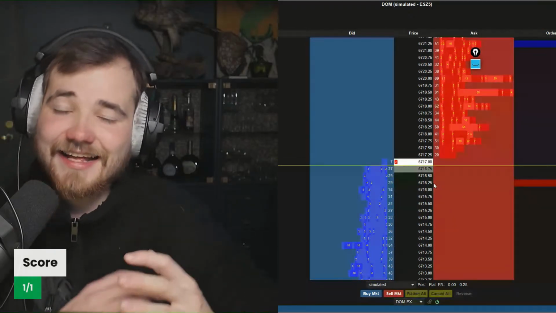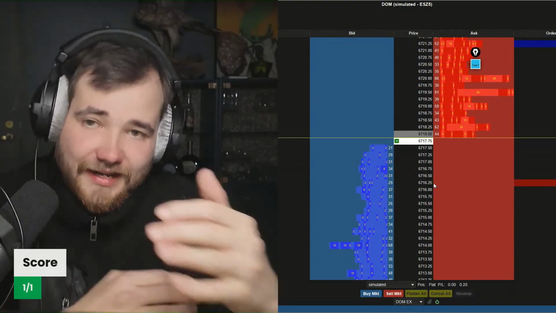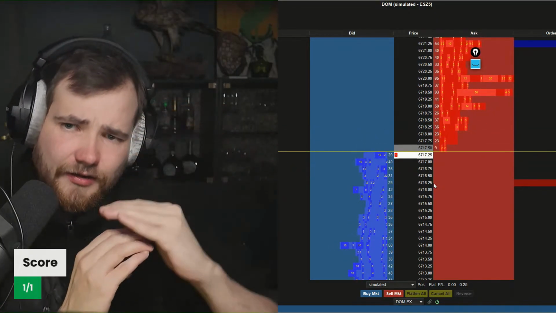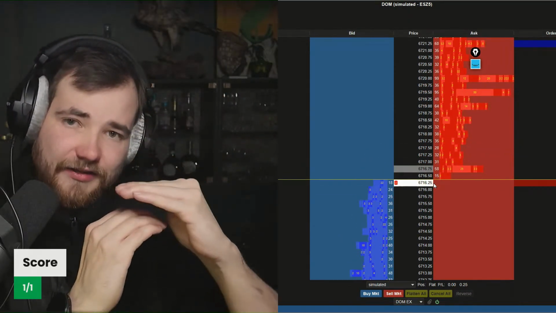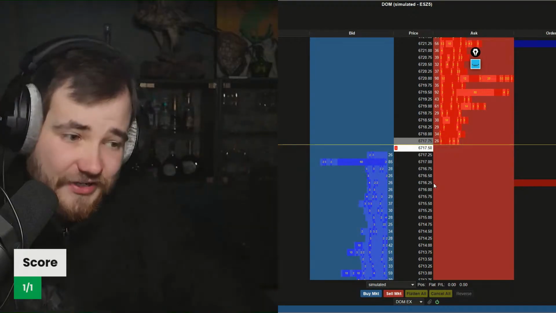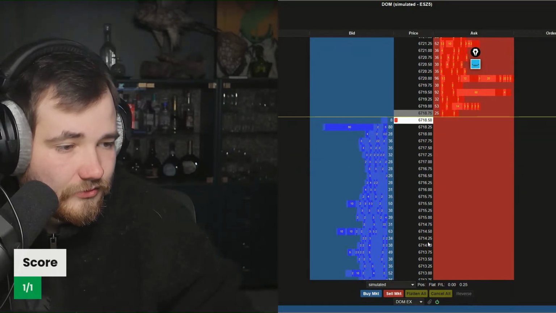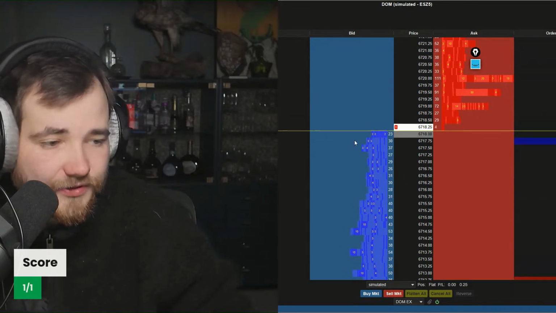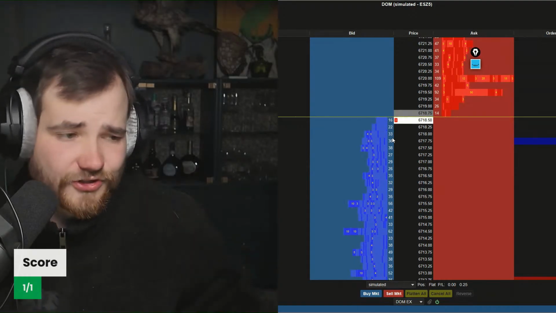You can see it's like that fight, the rope fight. Pulling back and forth, and then you can sometimes see a push and come back. And if the push goes and it comes back and it holds, that's usually when I like to come in as well. You can see how aggressive that bid was there. Buyers were just adding into the bid closer to the prices. It's a very strong sign for the market.